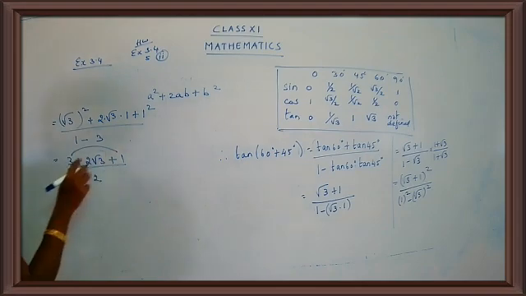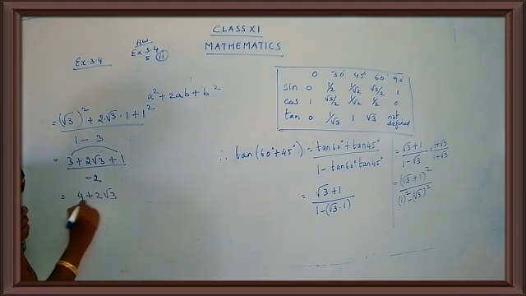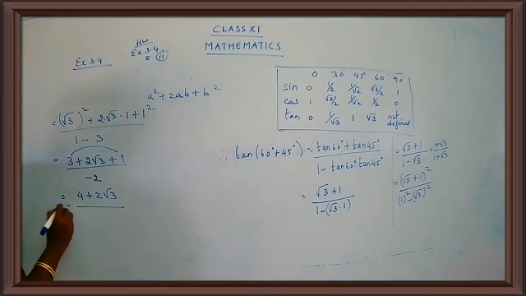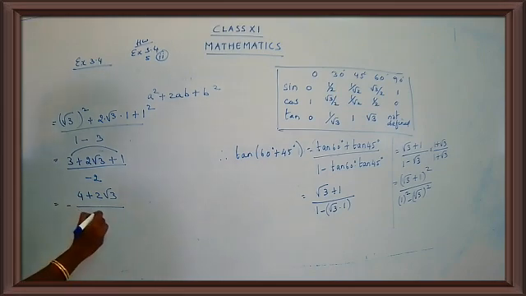Try to simplify. I can add 3 and 1, so I get 4 plus 2 root 3 upon minus 2. I'm just going to take the minus to the numerator part. That is the correct way of writing the negative. So always try to write the negative on the numerator part. Do not put it in the denominator part. Just put it outside here. And this is 2.